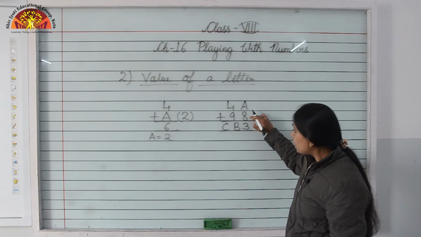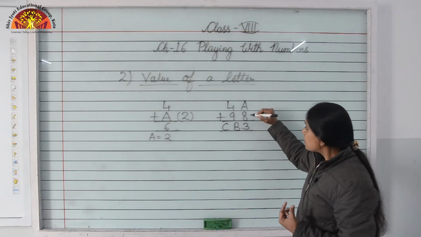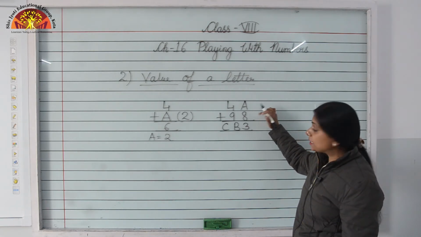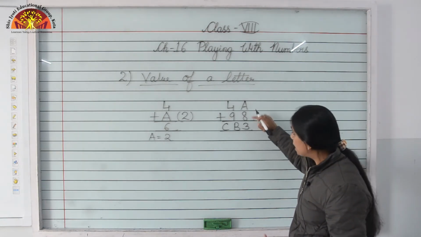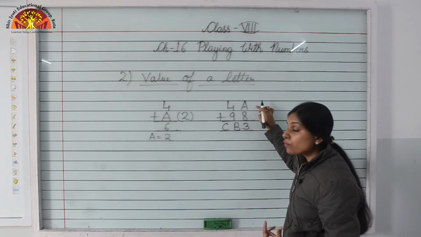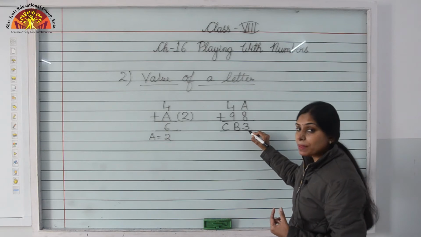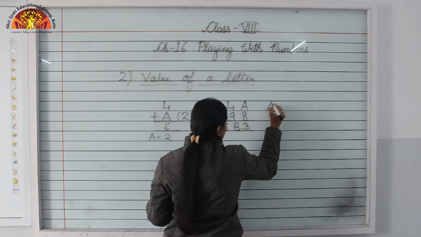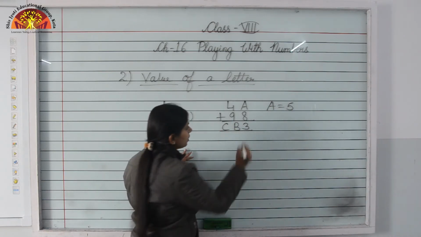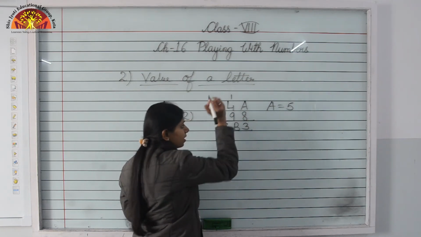So what digit will we add to 8 so that our answer here should be 3? Suppose I am adding 8 plus 1, it will give 9, 8 plus 2 will give 10. So 0 would come here, but we need 3. 8 plus 3 is 11, 8 plus 4 is 12, but 8 plus 5 is 13, that means the units place will be 3. So the value of A here will be 5. That means A is equal to 5. So the value of A is 5, and 13 came. When 13 came here, the carry will be 1.